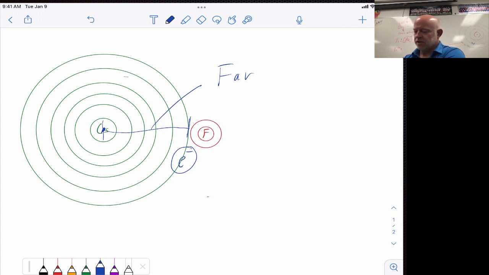For fluorine, its nucleus is also in the center, but once it collides, its nucleus is really close to that electron, okay? So that outer energy level of cesium is much closer to fluorine's nucleus and much further away from cesium's nucleus. So because fluorine is closer in that collision, when they separate from each other,